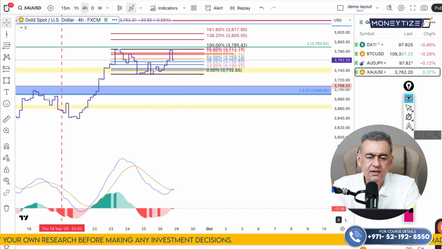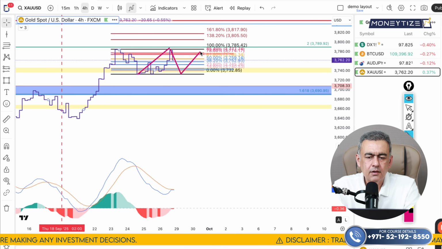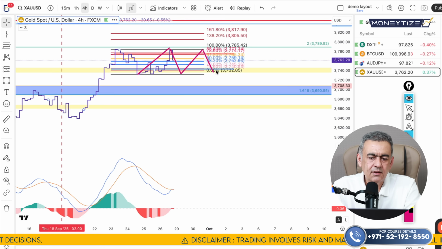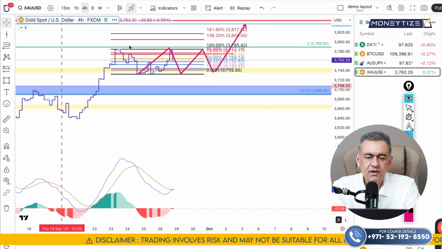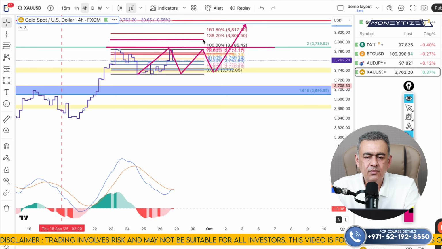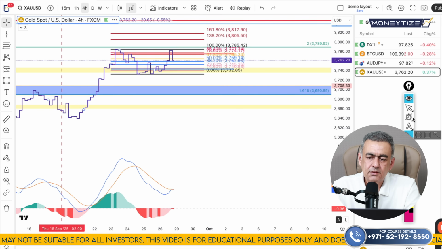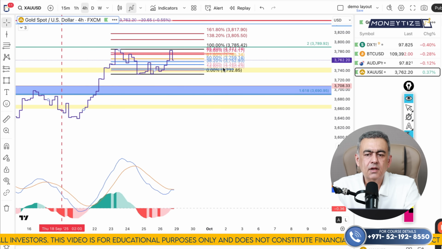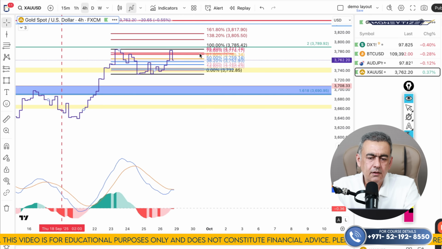Alternatively, we may see a sideways price action prior to NFP, and if the numbers are not in favor of USD, then a shoot and a break above 3789 with the first target at 3805 followed by 3817 and ultimately 3833. And the third possibility, in case if we see a real good number for US dollar and gold comes